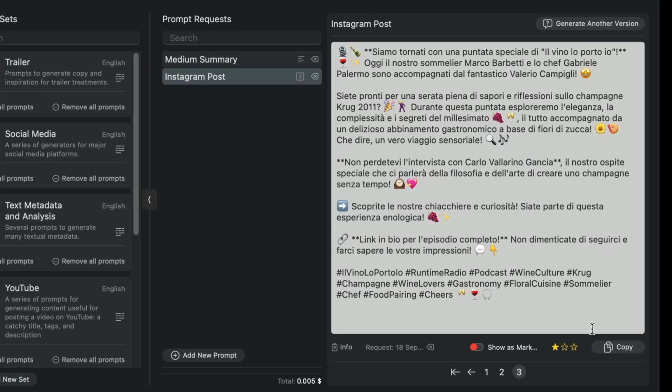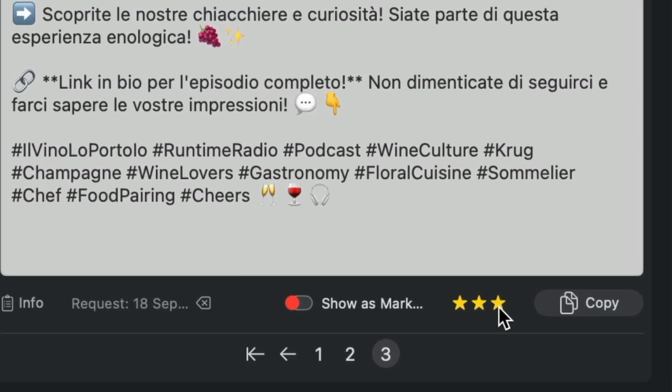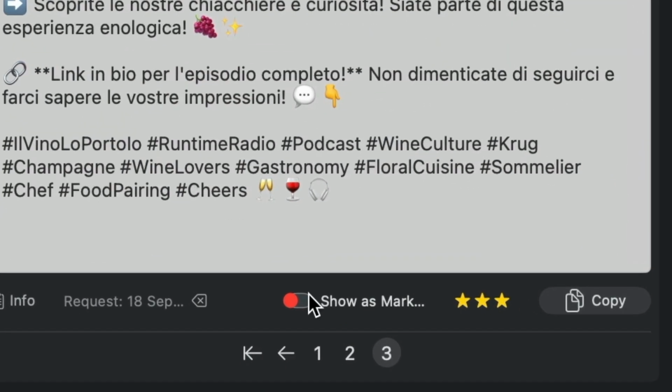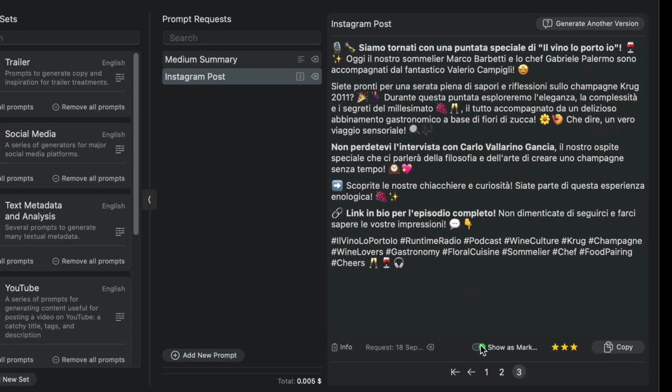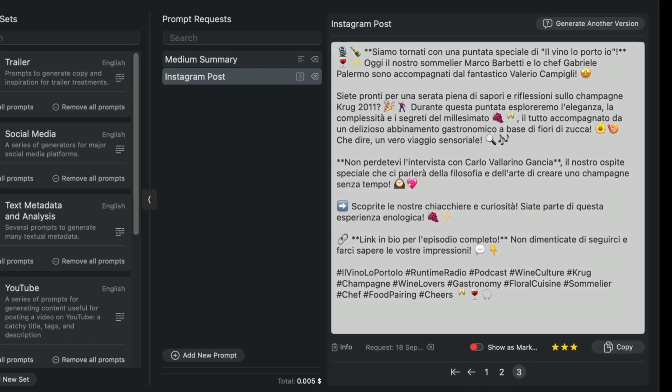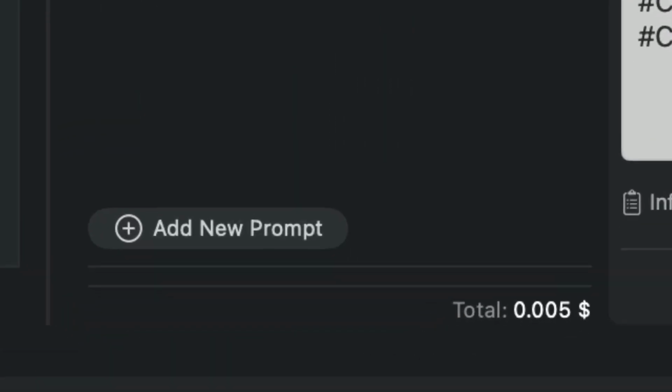For each version I have generated, I just go to specify a rating, so I know which one to post. If you click on the Show as Markdown switch, you can see the effect of the text. To copy this text, click on the Copy button. The total cost of all requests can be seen in this area.